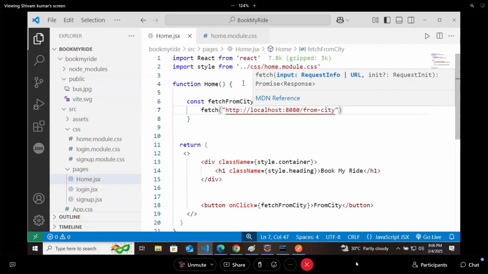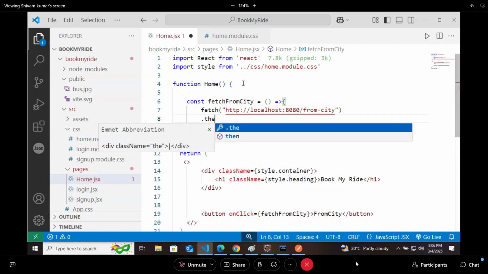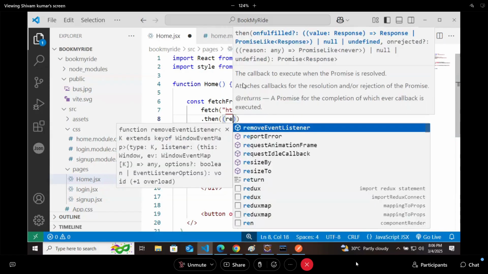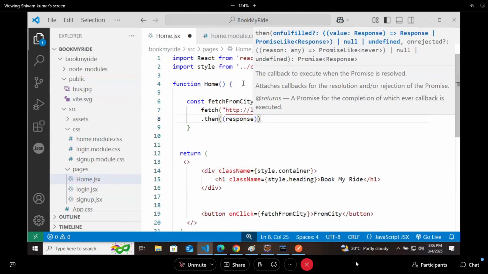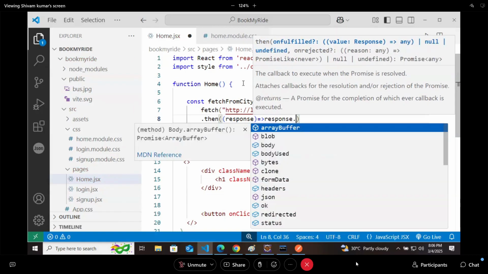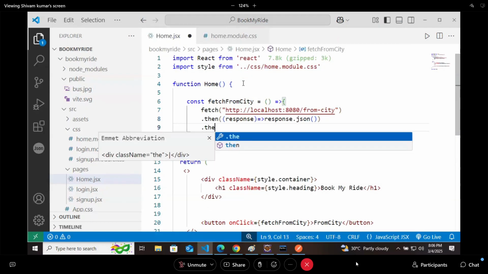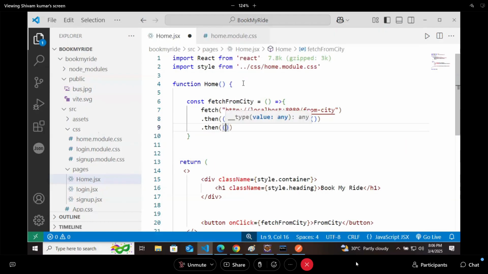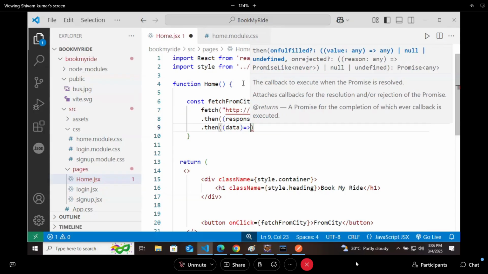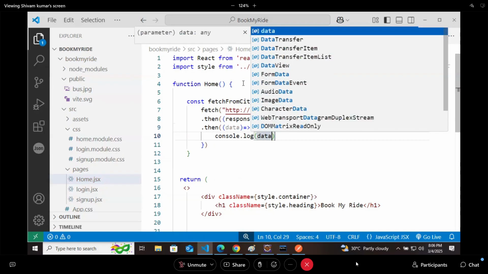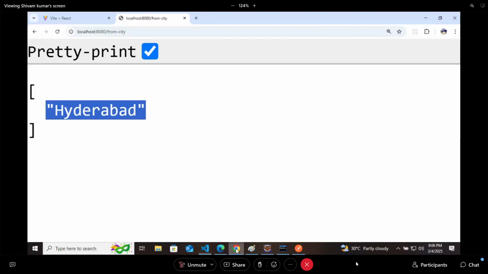Now, after getting the value, you can convert it to a JSON value. So dot then, it will accept a response, and you will convert this response to JSON. response.json, then in that you will get the data. What you do with this data depends on you. I will print that data to console. I just want to print the data to console, so that if Hyderabad is getting printed, it means my React is able to fetch the value from